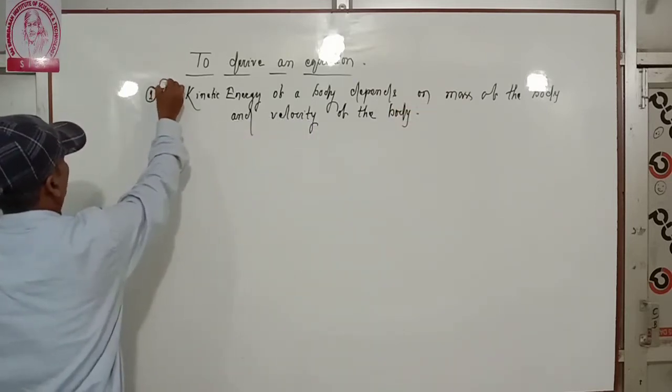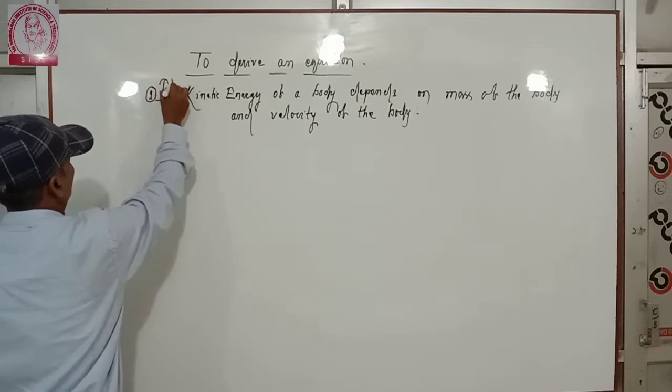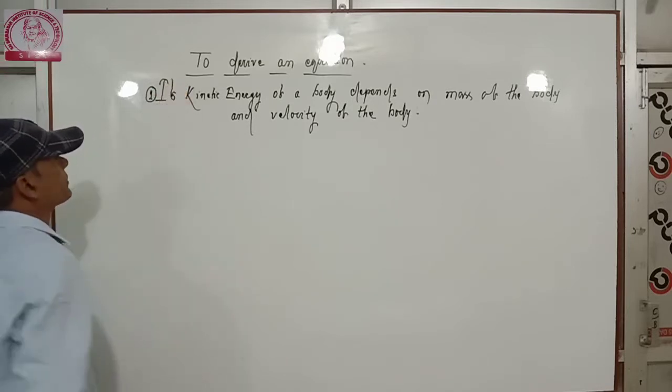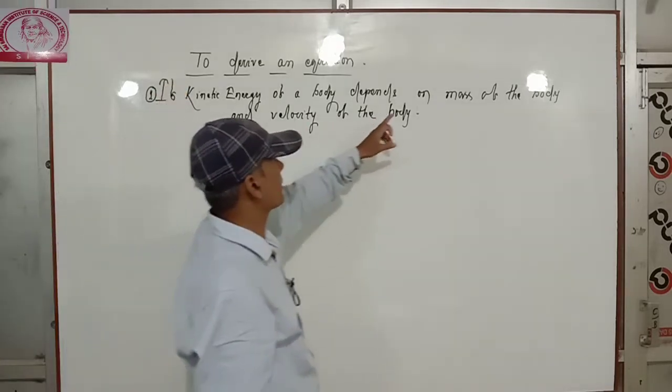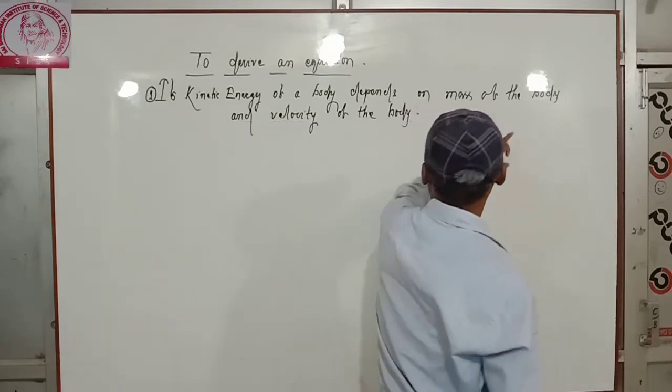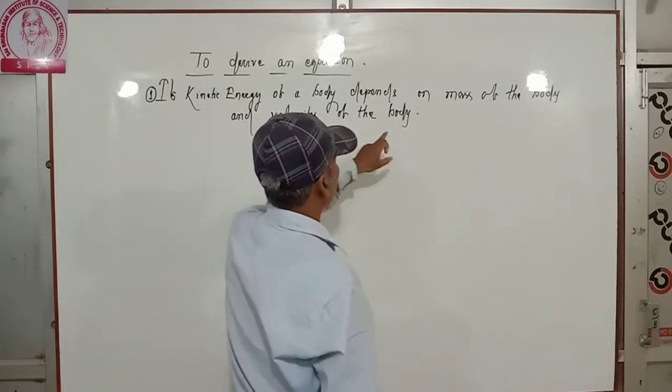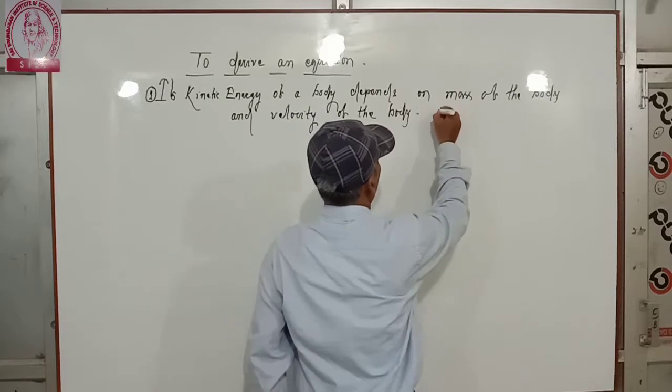If kinetic energy of a body depends on mass of the body and velocity of the body, derive an expression